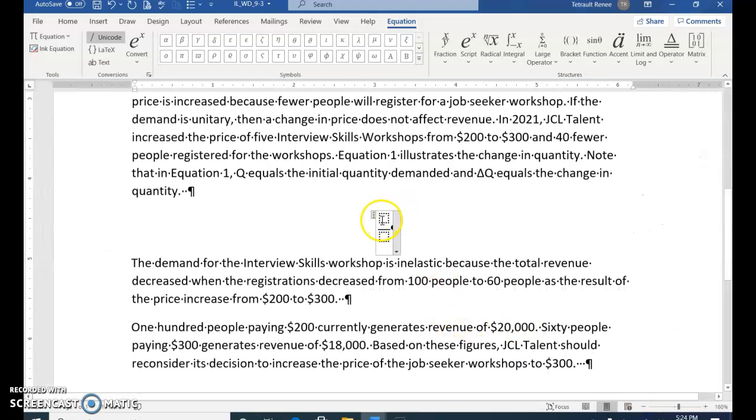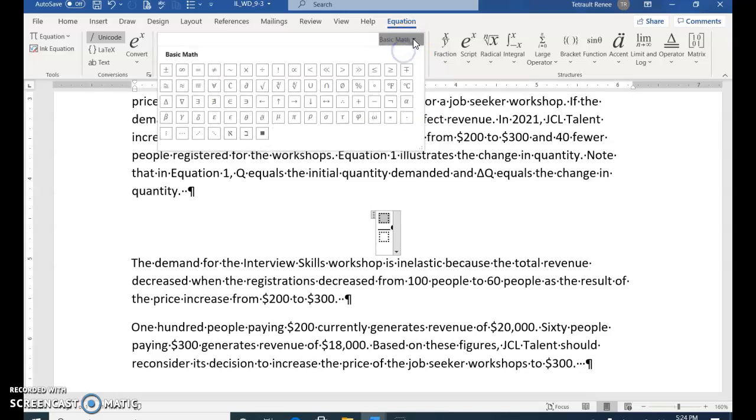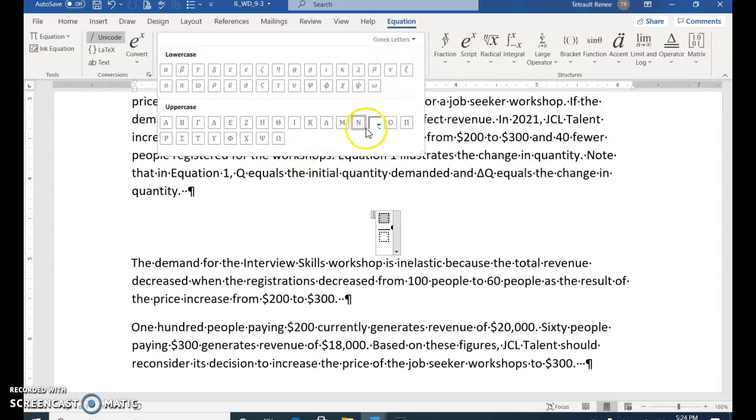And then if you click the first part, which is the top half, the numerator, we're going to put in a symbol in here, and you'll need to click in the symbols category, choose more for more options, and it usually opens up at basic math, but you want to select Greek letters, and then you can see some of the symbols for the basic math. But I'm going to go to Greek letters, and the one that they want us to select is the delta